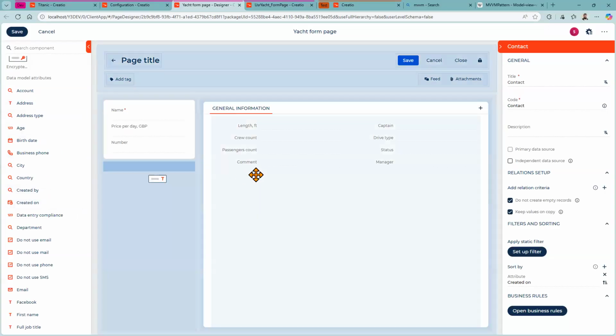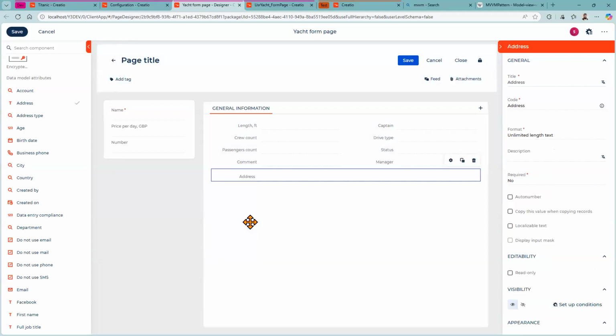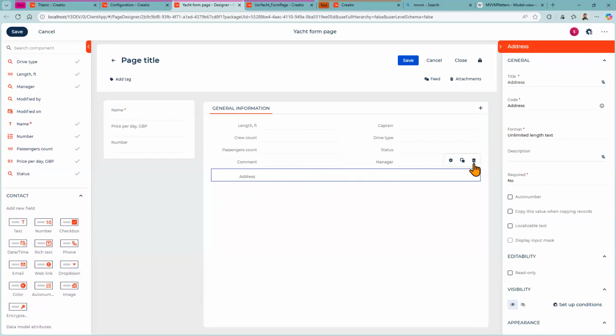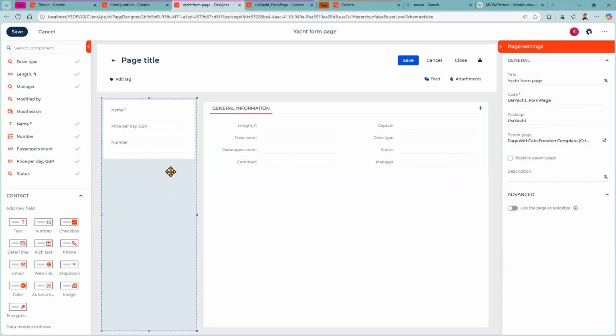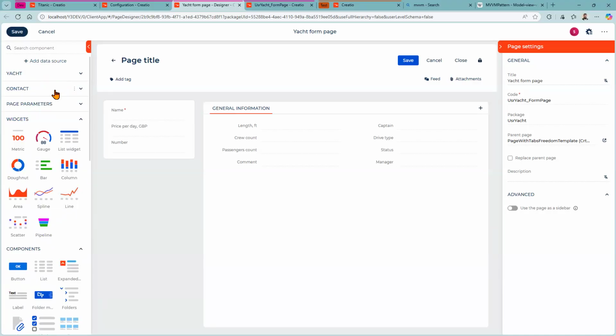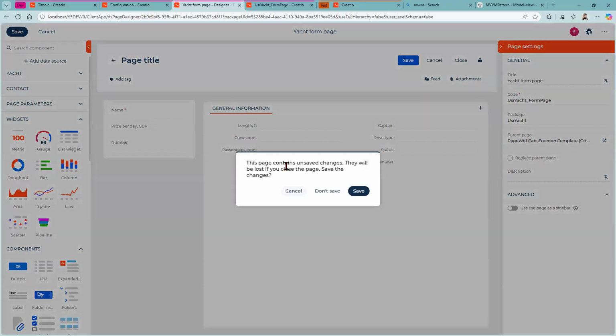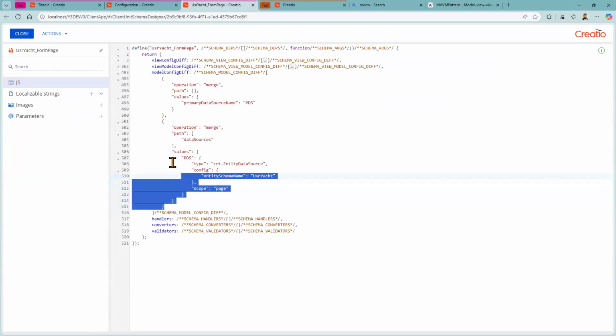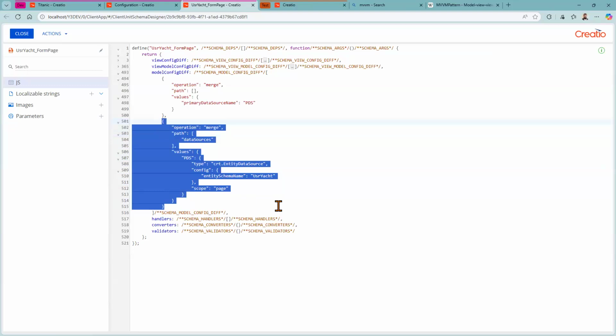So, for example, if I drag and drop address here, I will be able not only to read simultaneously from a contact and a Yacht, but also to write from the same page. This is more of an edge case. It is mostly necessary for very complex enterprise-level solutions. So we don't use that often, but it is this flexibility that offers extra complexity to the structure of our